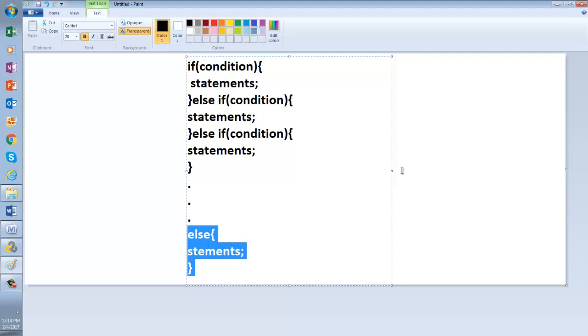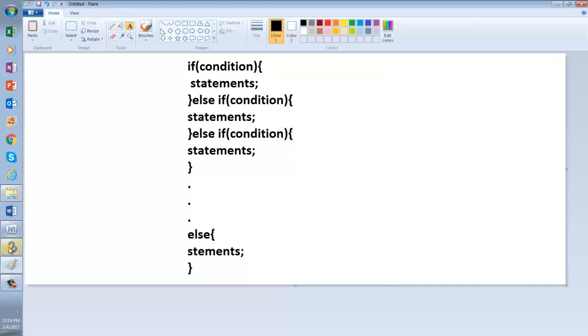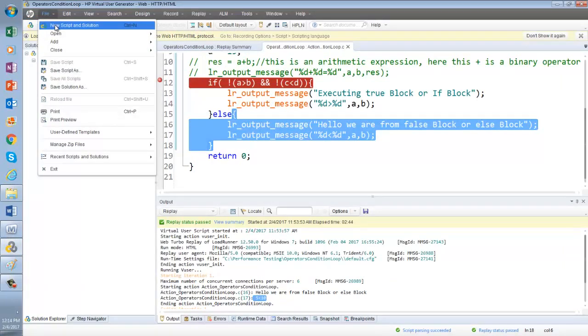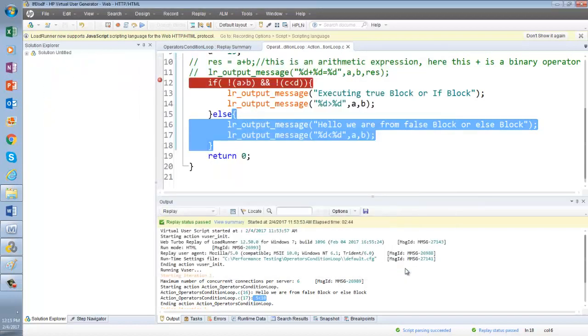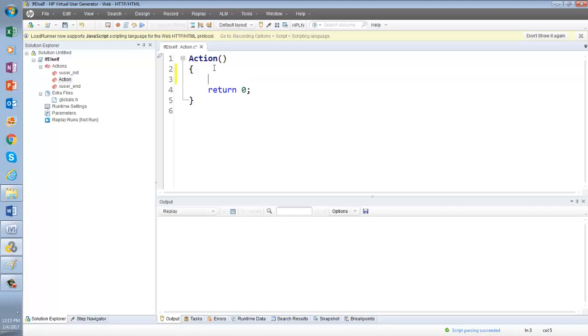Now let me go to LoadRunner. Let me open a new test with a meaningful name, if, else if. Now let's say we have a variable int a equal to, let's say, 25.